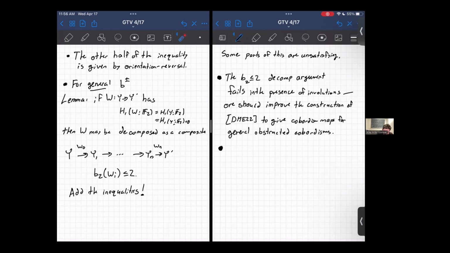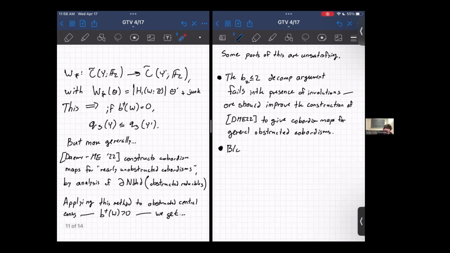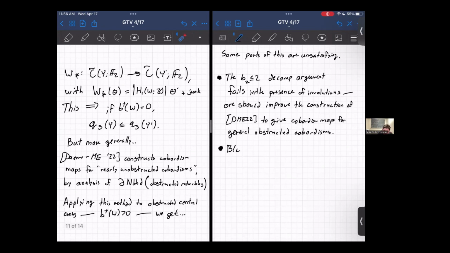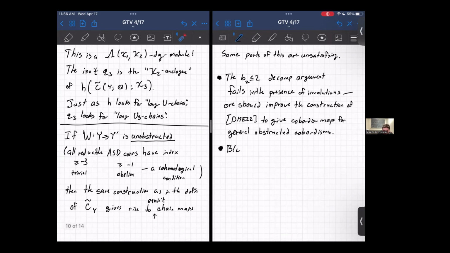Secondly, a technical point I kind of suppressed earlier is that it also matters how many reducible ASD connections are obstructed and obstructions of what type. Here, I'm assuming the trivial connection is the only obstructed connection. None of these abelian connections. But as a cobordism comes to you in nature with, say, 0 or small perturbations, there probably are a lot